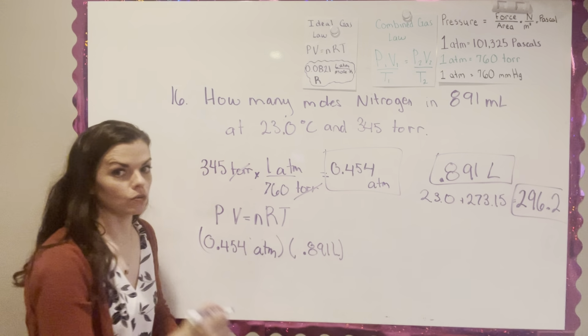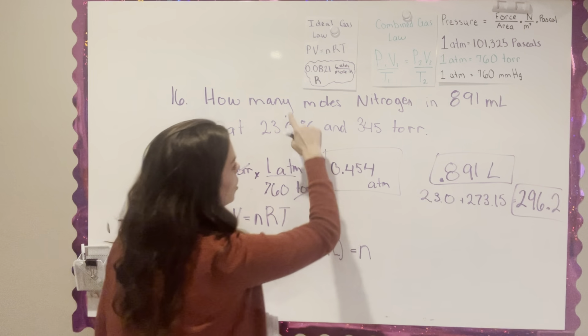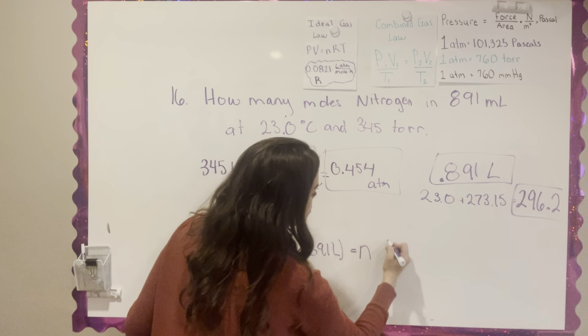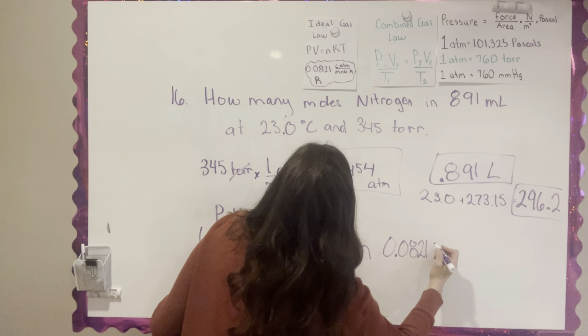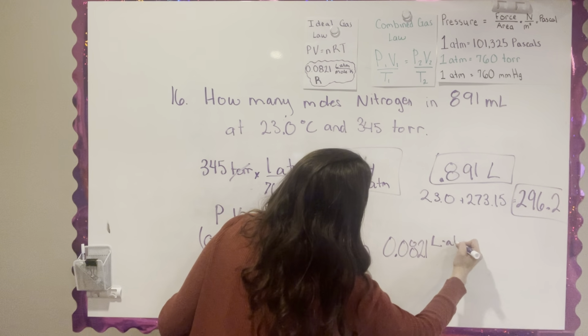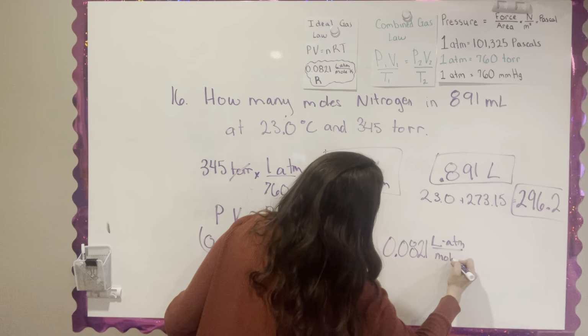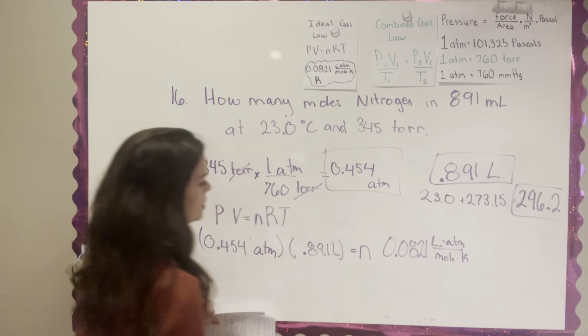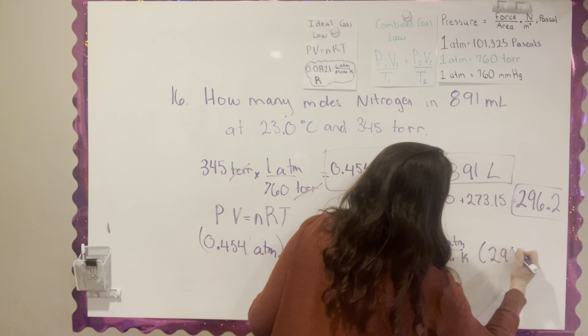I guess a good teacher would keep her units all the time. N, I don't know. R, if you don't know it, you have it written down on your note card, I hope. And temperature we found to be 200.2